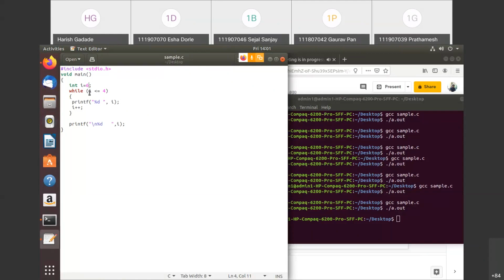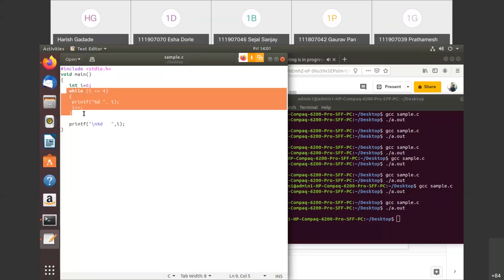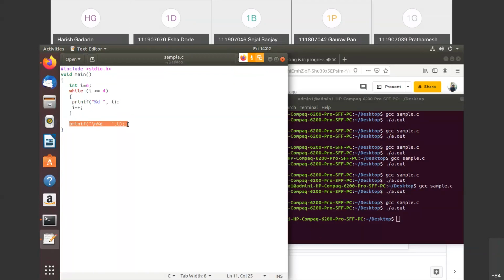That is true. Why is that 6? I'll just tell you. Now see what I am doing here. The initial value of I is 6, so now we are checking the condition over here. Is 6 less than or equal to 4? Definitely not, right? So that's why this condition becomes false. When this becomes false, it will skip the while portion, and whatever is the next statement will be executed, and that next statement is here.